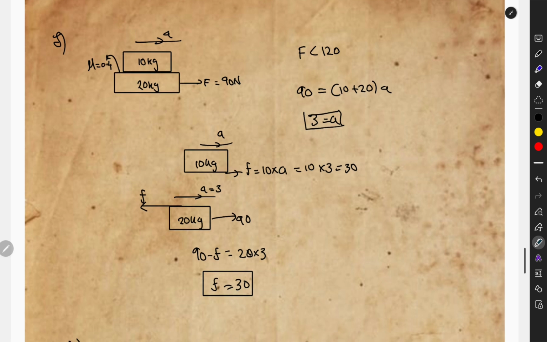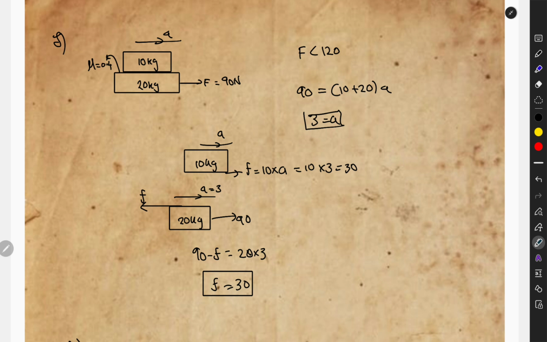Okay, so in the other question, we have applied 90 newtons. Since the maximum force that can be applied without slipping is 120 newton, and this is lesser than 120 newton, it won't undergo slipping. So when it doesn't undergo slipping, we can find the common acceleration. Okay, so 90 newton is applied, so 90 newton is equal to the total mass multiplied by the acceleration, and acceleration comes out to be 3